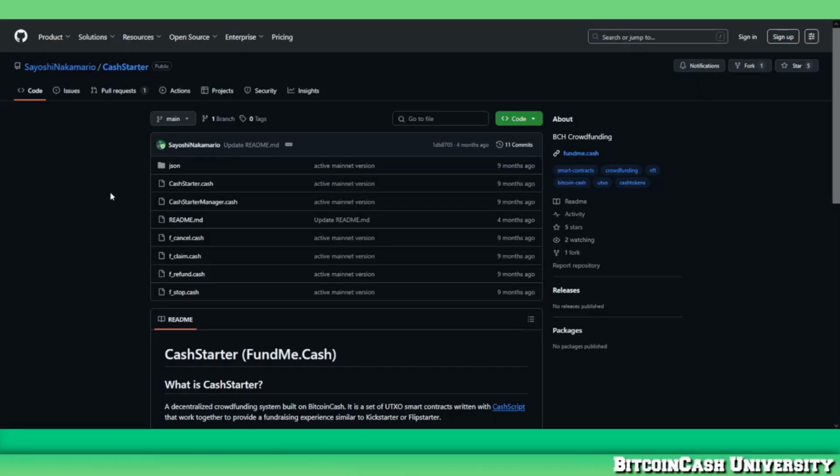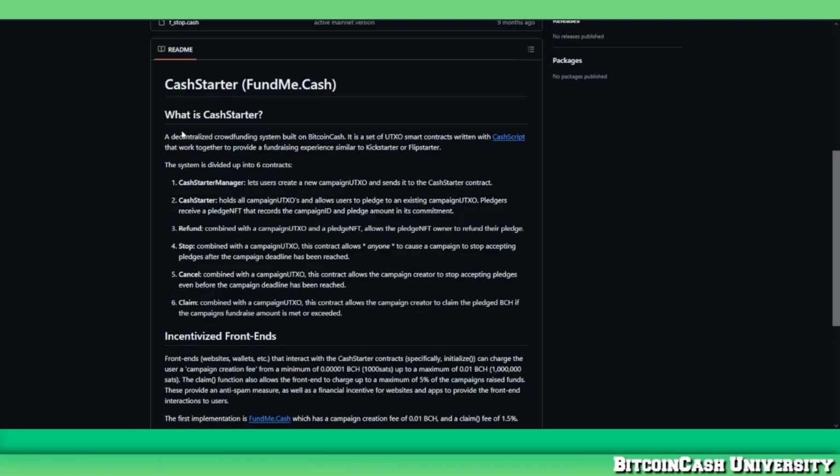So back to the GitHub. Just going through this real quick. This gives a shorter version of what I just went over. The CashStarter manager lets you create a new campaign, and it sends it to the CashStarter contract. The CashStarter contract itself holds all of the campaigns, and then pledgers, people, can pledge to them. And as a pledger, you'll also get a receipt NFT back, and that's the NFT that allows you to refund your pledge. And then these are the 4 function NFTs, which allow you to refund your pledge,